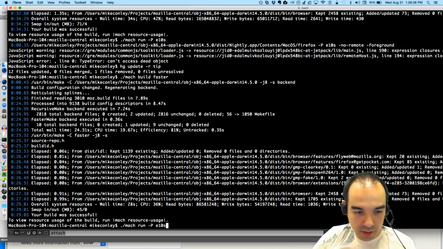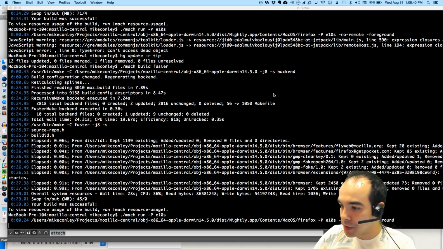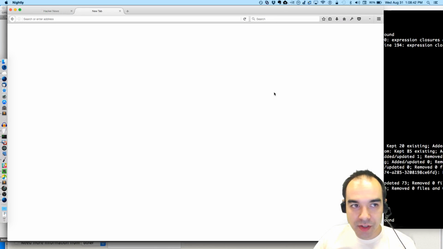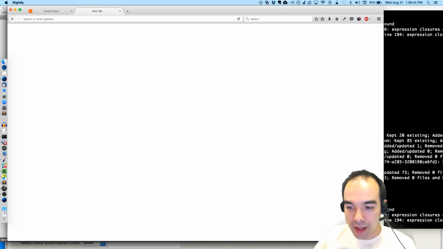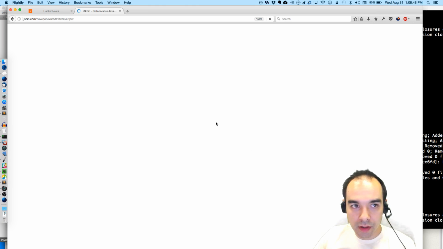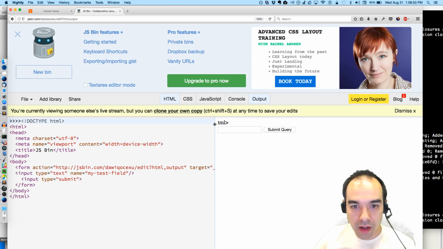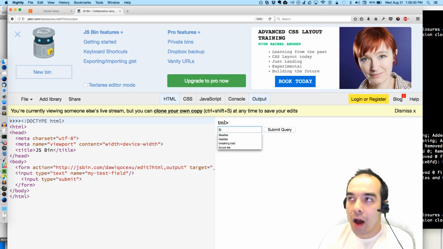So let's take a look at the behavior with the patches backed out. I did this yesterday, and I couldn't reproduce it. If I type BEAL and then go back, I get Bruce Lee and Breaking Bad in the list. So the question is, how come rowCountChanged is being called in this case and not in the other?